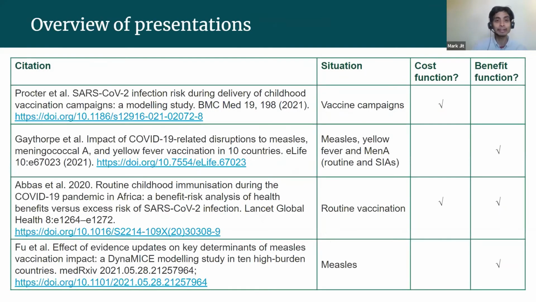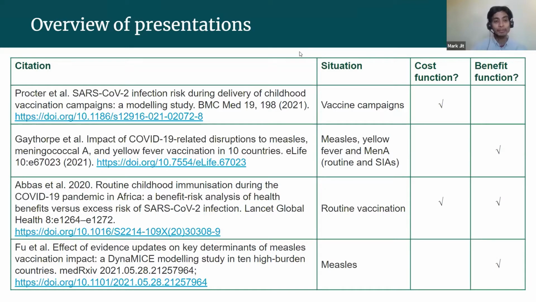to the next slide, we're actually going to be looking at four different pieces of work that we've done, funded by various funding streams from Gavi, from the Bill and Melinda Gates Foundation, some of it through the Vaccine Impact Modeling Consortium. A first piece of work, which I'll talk about in a moment, is looking at the cost function. What is the actual risk of COVID infection during delivery of vaccine campaigns? A second piece is looking at the benefit function. Actually, what is the impact of COVID disruptions to 3 vaccine preventable diseases? And what could we do if we start having campaigns to try to avert this?